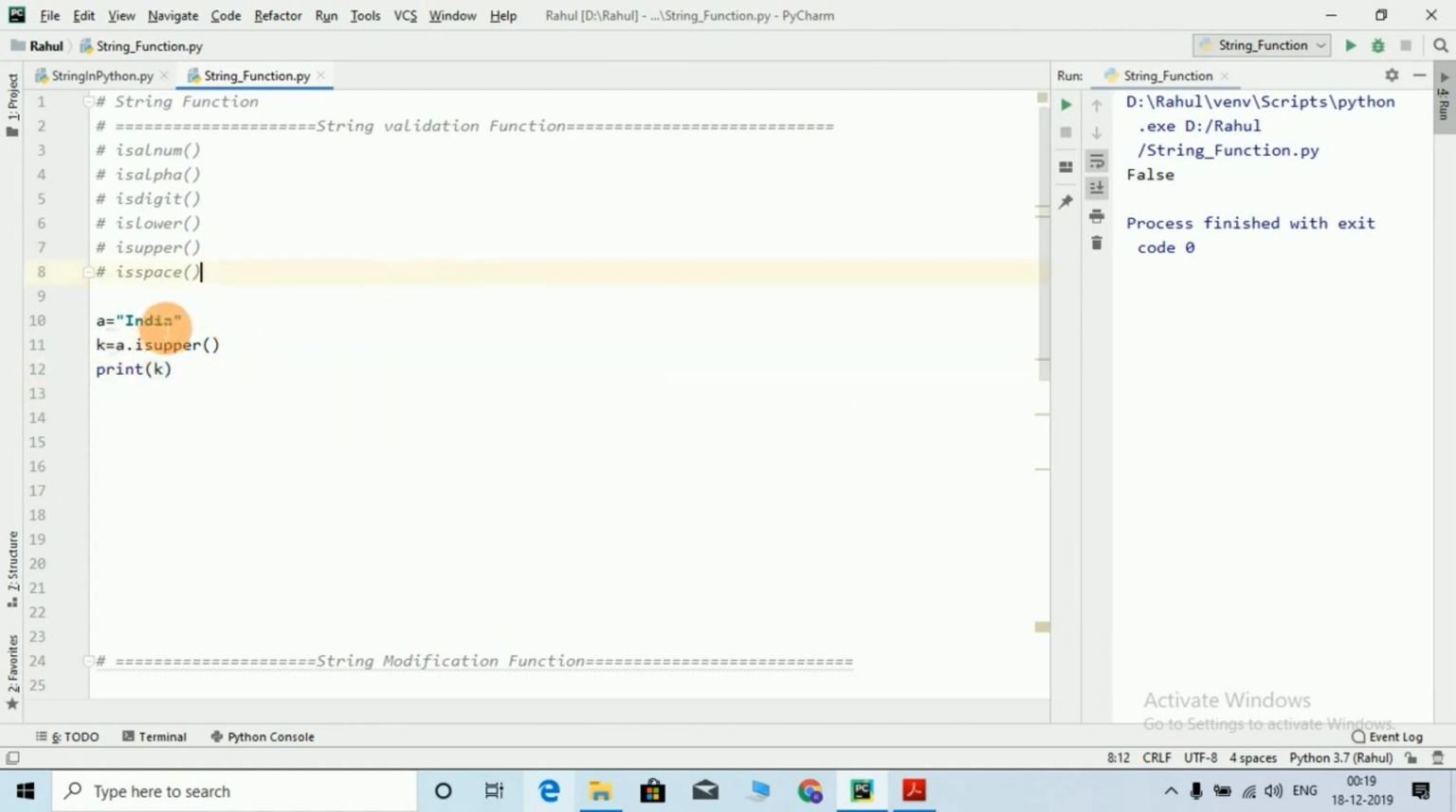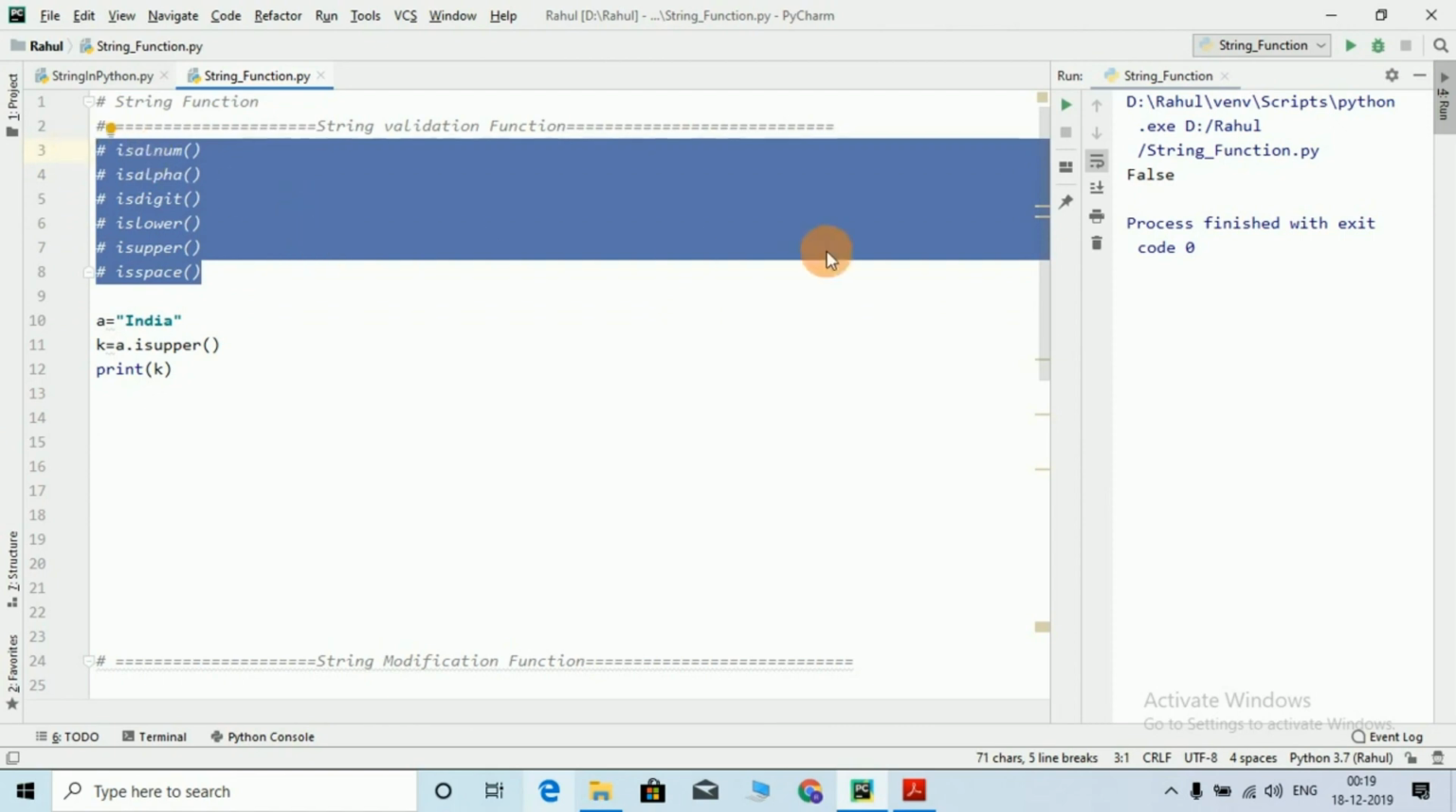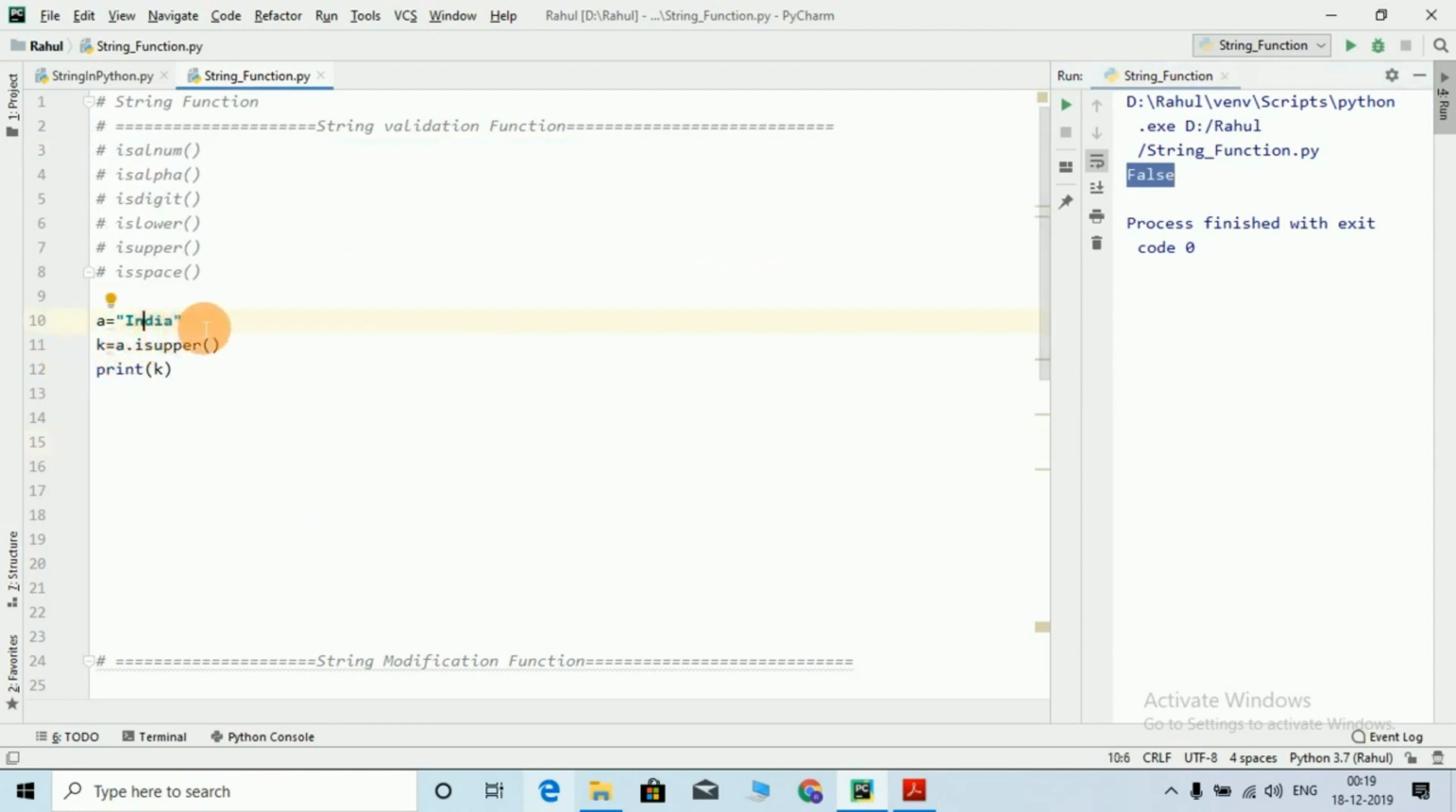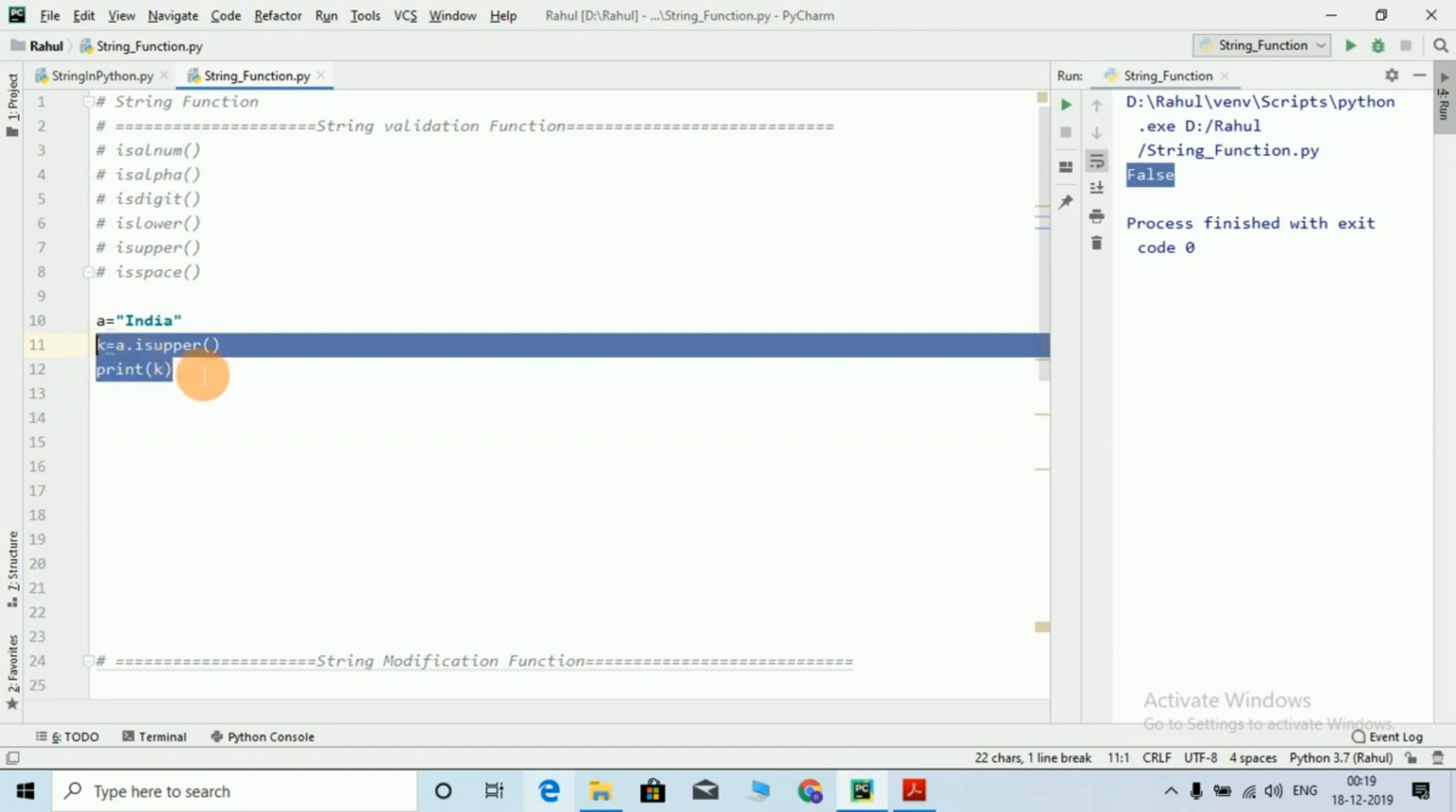Your a is not of upper type, so you should get the output as a boolean. You will get output as false or true based on the condition, so this function will always return the boolean data type. Here your output is false because India is not in uppercase. Similarly, we can use this function